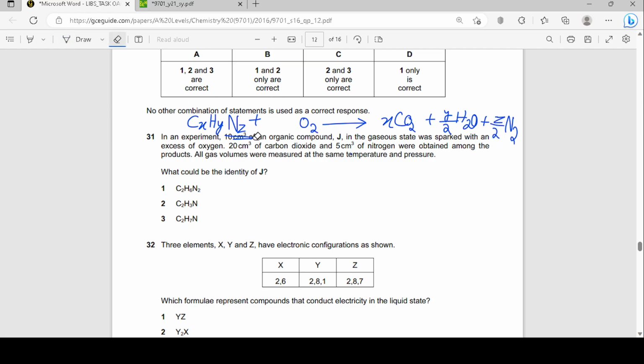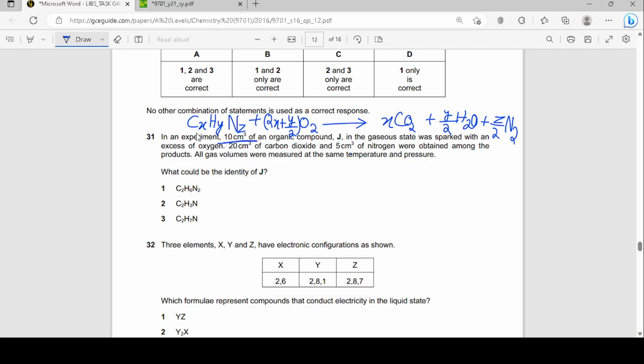Okay, and then what's oxygen going to be? Oxygen from here you get x into 2, that's 2x, and from here you get y by 2, so 2x plus y by 2. Okay, so oxygen is going to be 2x plus y by 2. You don't really need to find out oxygen, do you? I don't know, we'll see as the question goes on, but basically now I know that this organic compound has